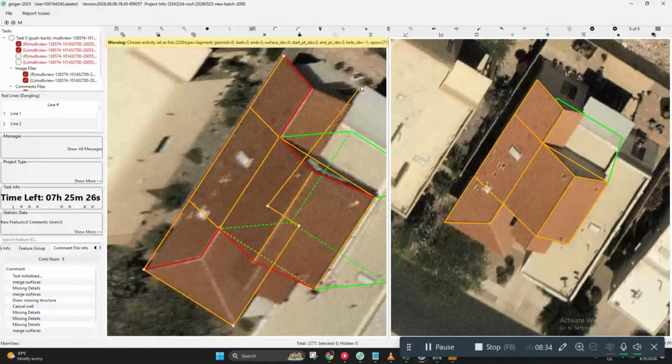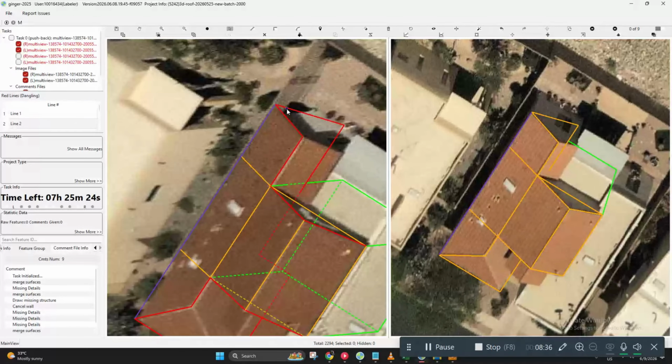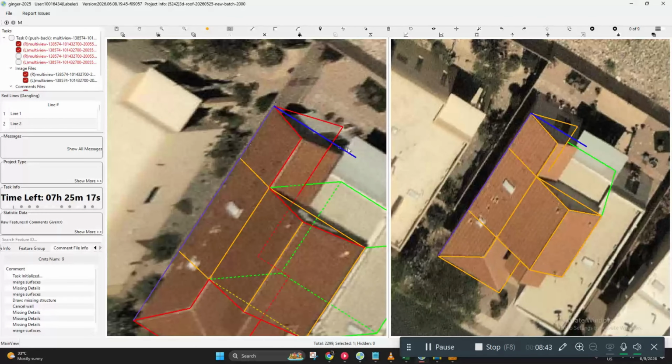So no problem, we can just use the cut tool and, oh, wrong. So again, cut this area out, adjust.